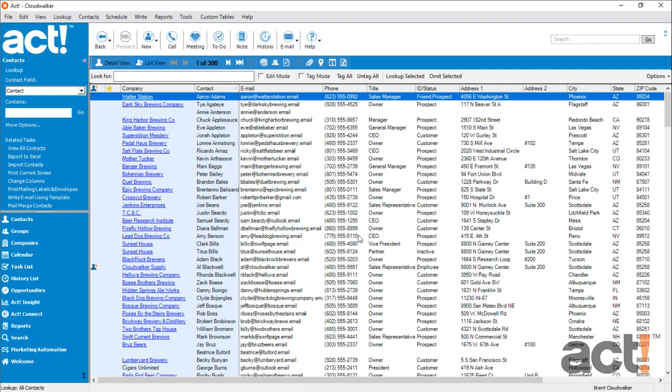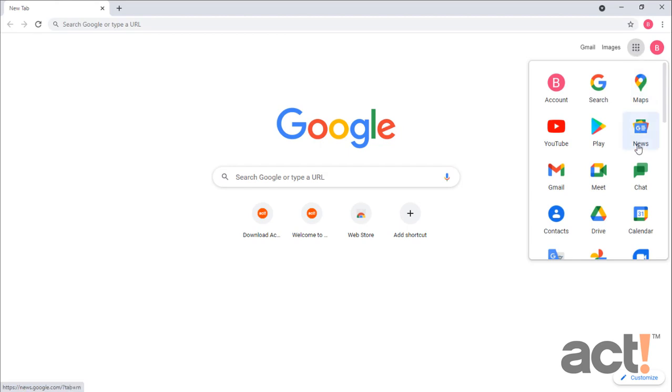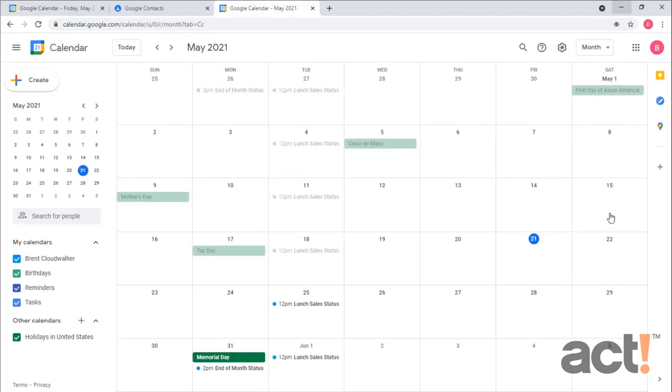At this point, Act is synchronizing my calendar between Act and Google. So let's take a look at my Google Calendar now to see if this week's activities have been synced over. I'm going to open a browser, and on the right, I'm going to choose my Google Calendar. Now let's create a calendar activity here in Google so that we can see if it gets synchronized